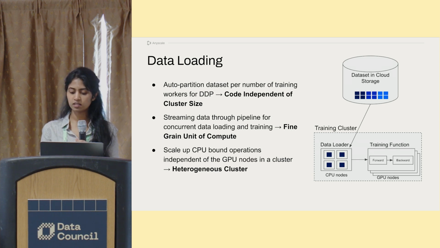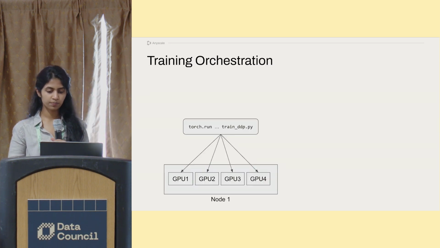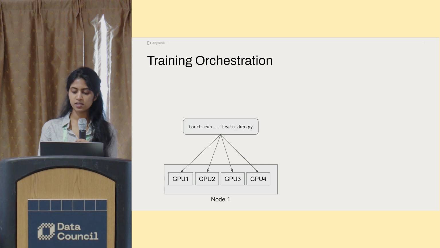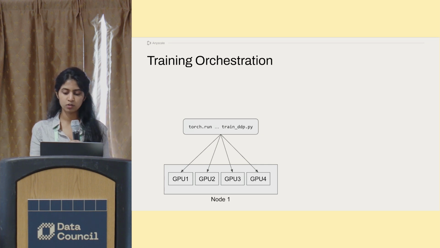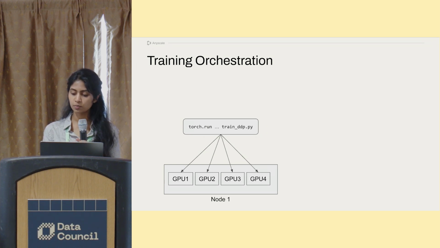And this results in a cluster that has heterogeneous resources. So then on to the training part of it. After the correct data subsets are loaded on all of the machines, the next step is to actually perform the model training. There are a number of training frameworks that utilize GPUs and other modern accelerators, and we previously talked about PyTorch's strong native support for running DDP or FSDP, which is model parallel training, across multiple GPUs